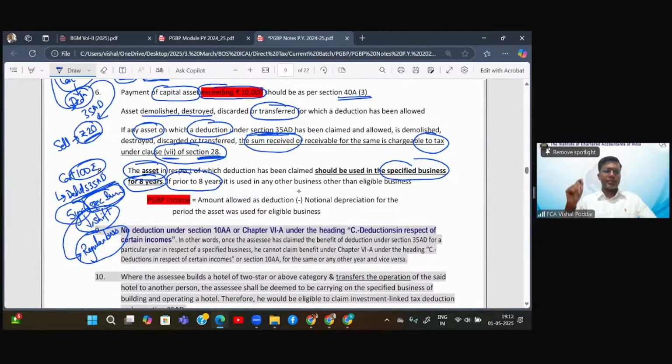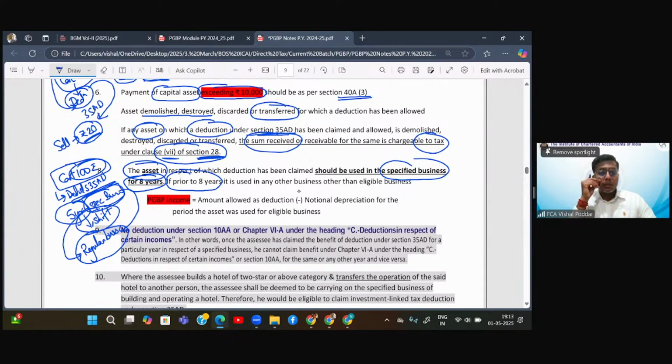Now the interesting point is, I have not sold this building to anyone. The building is with me only. But in the eyes of law, I have changed the usage of the building from this 35AD business to any other regular business. Importantly, what does the law say? I gave you the deduction for entire cost. But why? Because you are using this asset for 35AD business. Now, since this 35AD business is over, means at least you're not using this asset for that business. So technically, you are not eligible now. Now, if you're not eligible now,